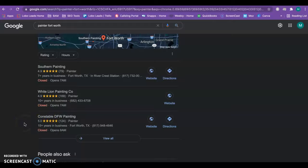A lot of people do see these companies as the most reputable ones to use in the area because they see that they're up here ranking at the top. They have ratings, they have reviews, and it looks like you have a lot of good reviews here too, so that's amazing. The one thing I will say is that being in the number 3 spot does make a huge difference from being in the number 1 spot